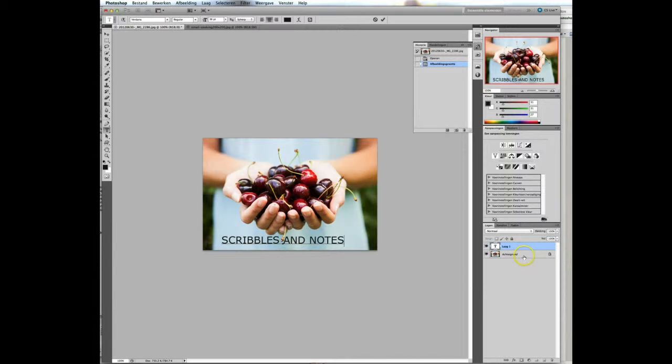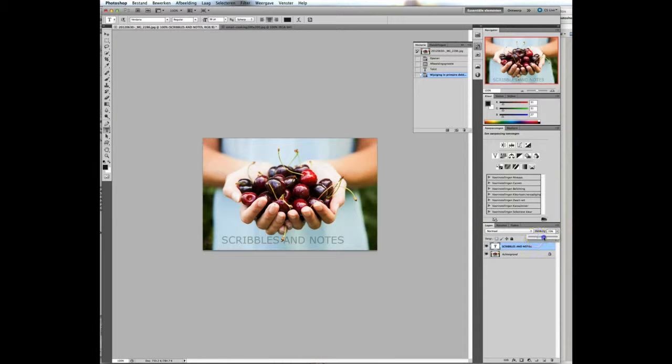Now the important part is that if you look here, you can see that Photoshop automatically, as soon as I enter text on an existing picture, creates an extra layer here, which gives you a few options. Now the first option you have is to change the opacity of your text on the photo to a much lower opacity. As you can see, I put it on 29%, and you can still read the text, but it's